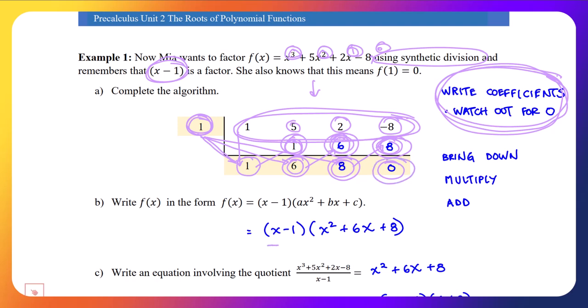So x minus 1 was our divisor. Our quotient, filling in the